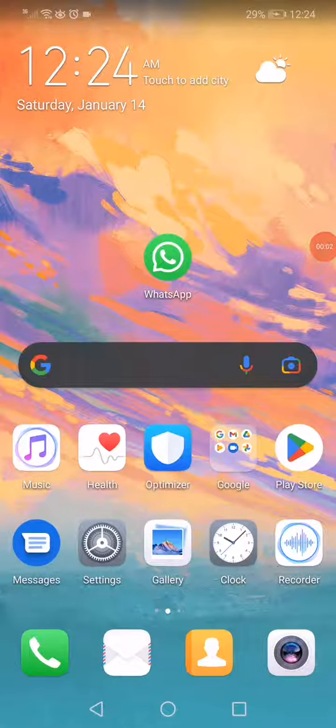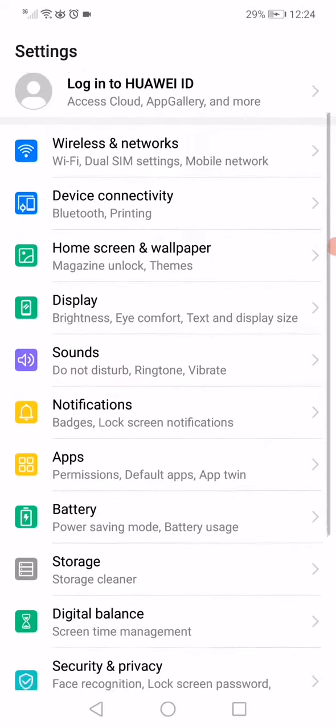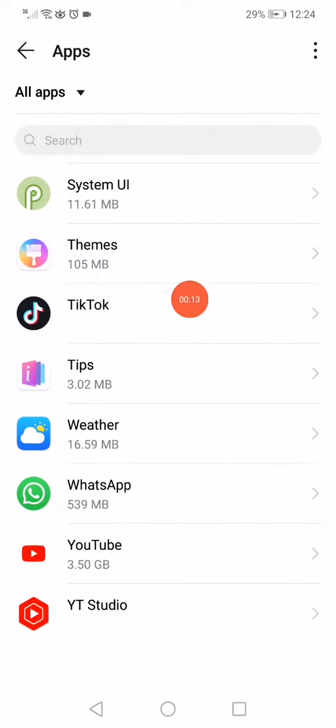How to fix WhatsApp two-step verification easily and fast. Hello guys, first thing you want to do is open the settings, go to the apps. Now go to the WhatsApp app,